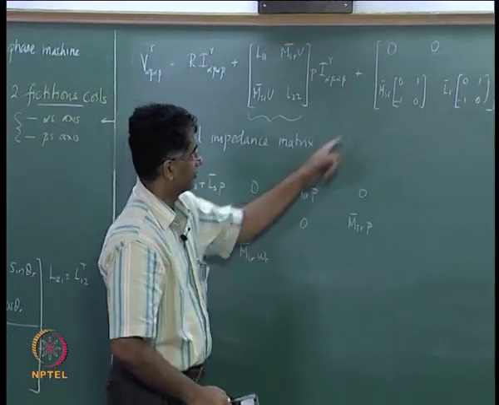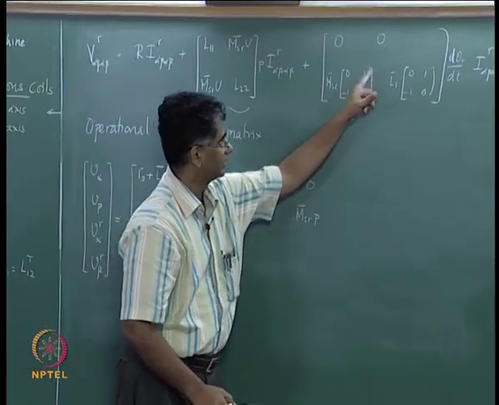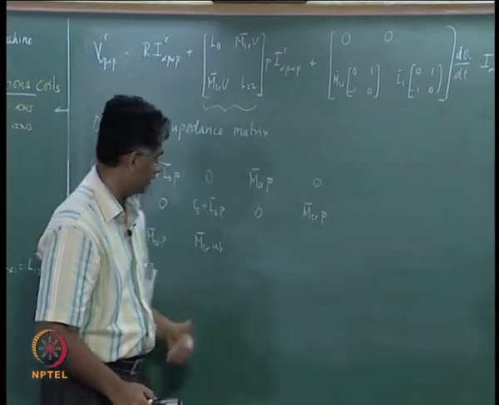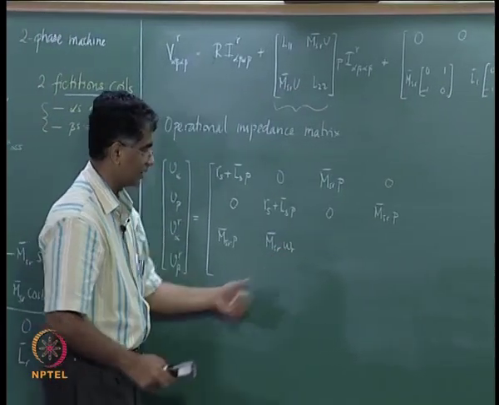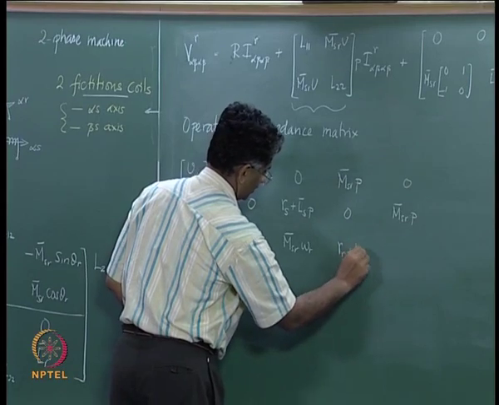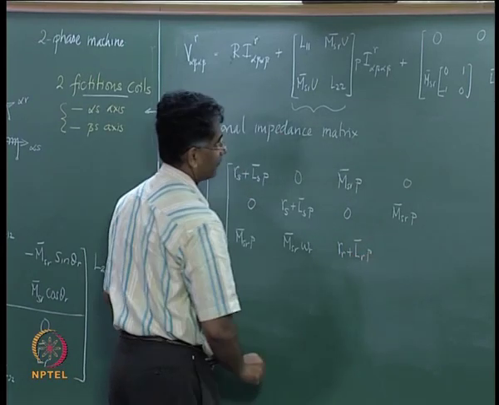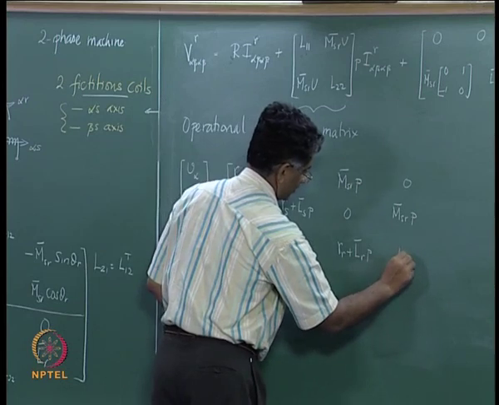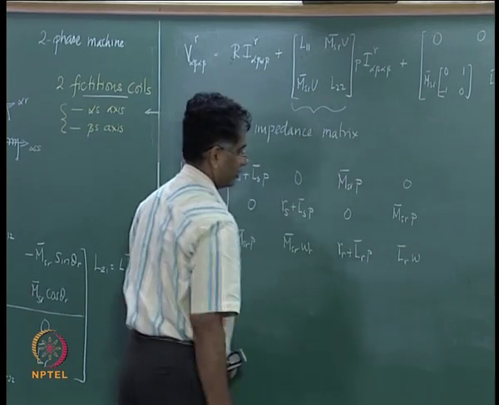This term comes from the matrix here, MSR bar d theta r by dt I am writing as omega r, and here it is Rr plus Lr bar into P, and here you have Lr bar multiplied by omega r,